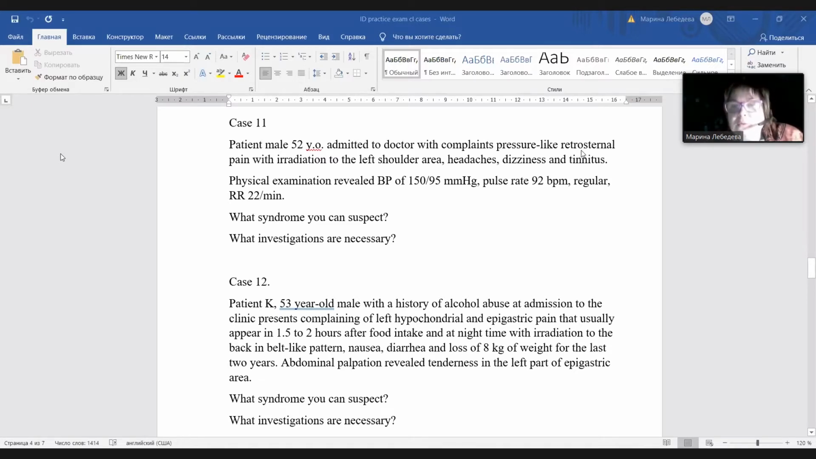Though acute situation is due to coronary arterial disease, we start with ECG, troponin test, and all other markers of myocardial necrosis. They are myoglobin, creatine phosphokinase, MB fraction, it is myocardial fraction, and then echocardiography